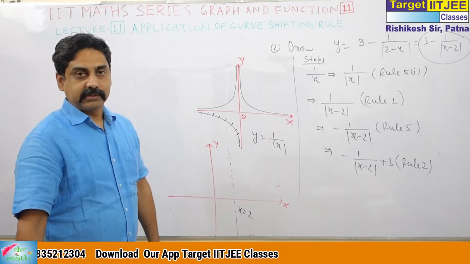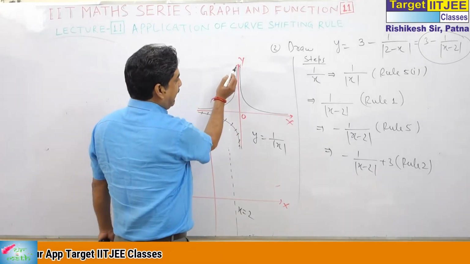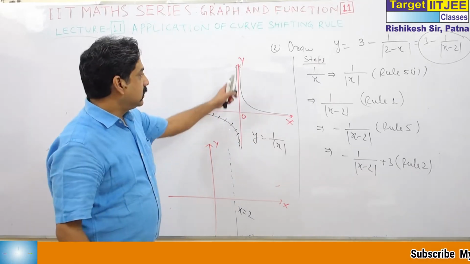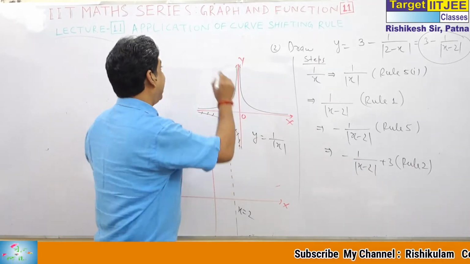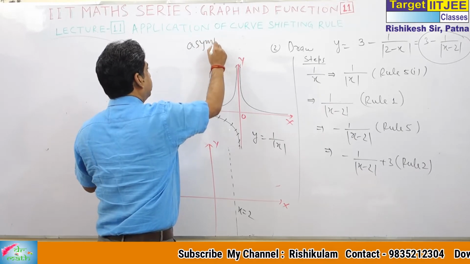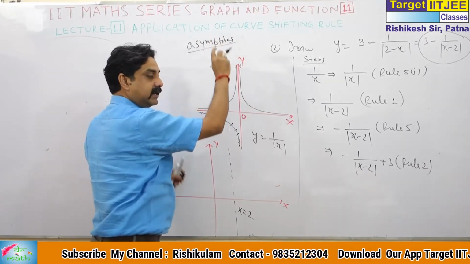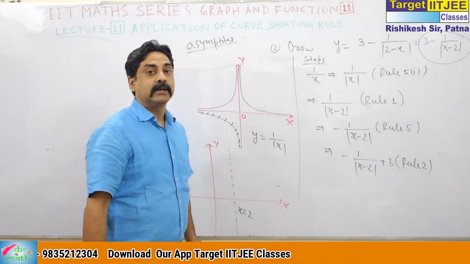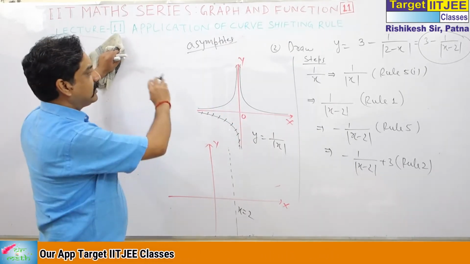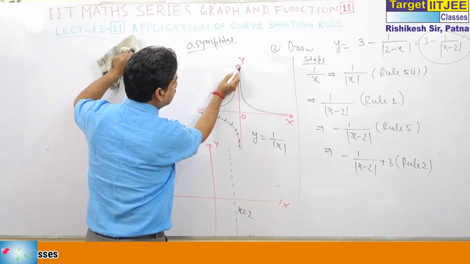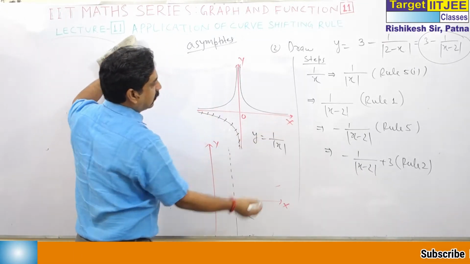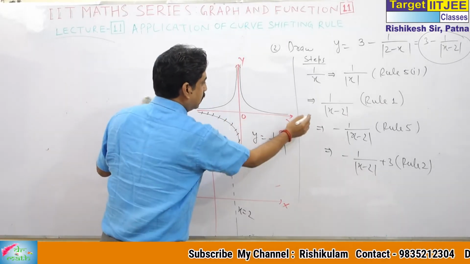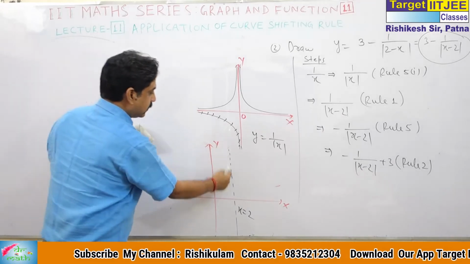What are asymptotes? When at infinity the distance is very small, that line is called an asymptote. I will discuss asymptotes in application of derivatives, and for this type of graph I sometimes say asymptotic graph. Don't go by the actual term.